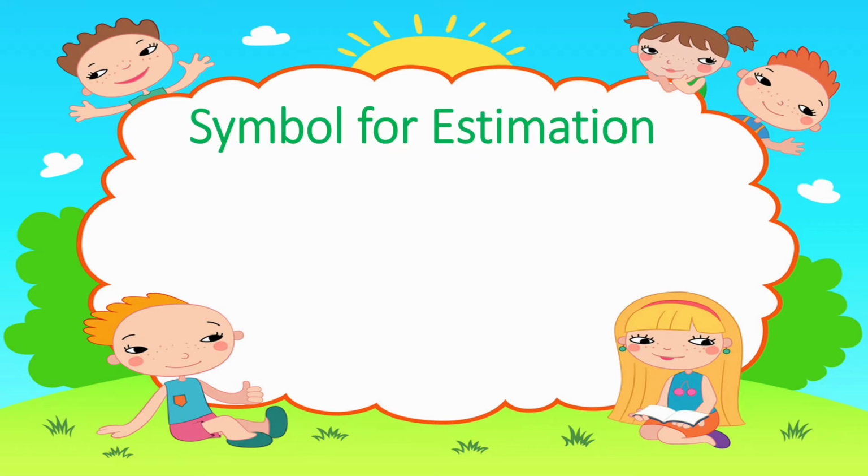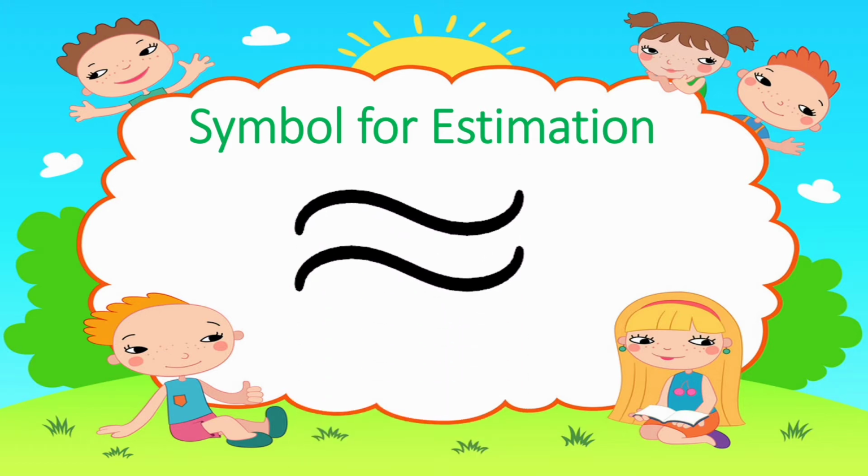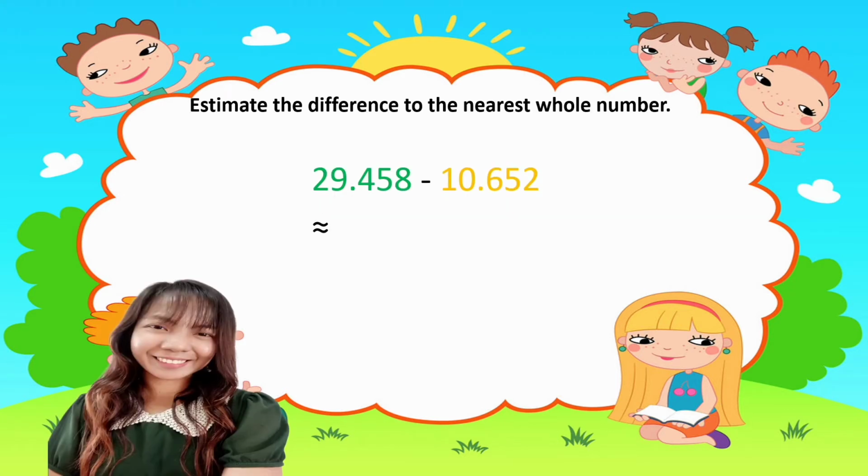So let's have an example. And by the way, the symbol for estimation, again, this one, is read as is approximately equal to. Again, is approximately equal to. Estimate the difference to the nearest whole number. So we have here